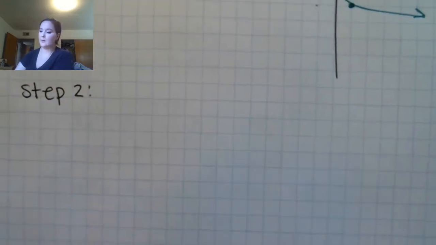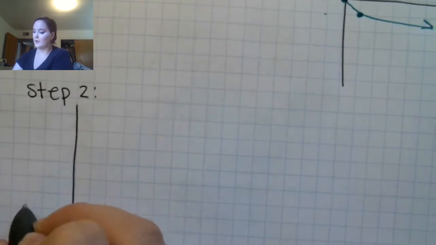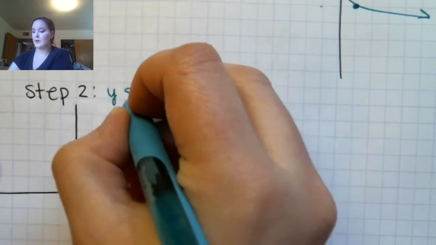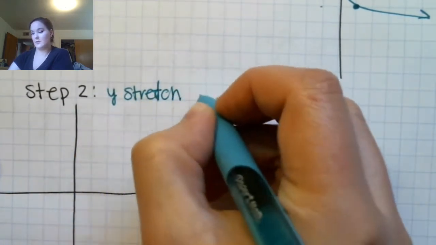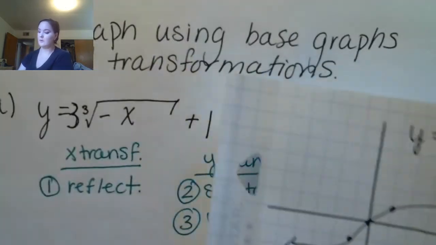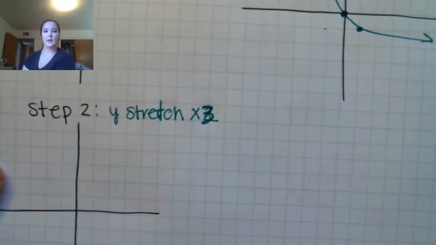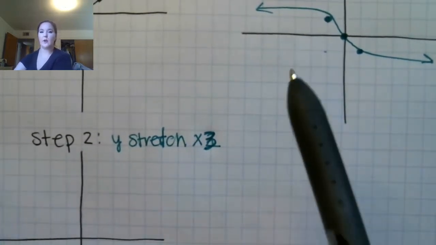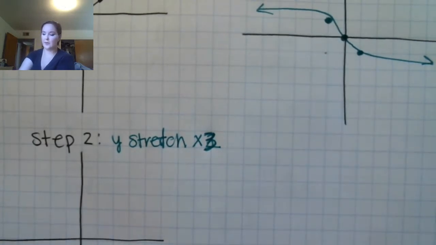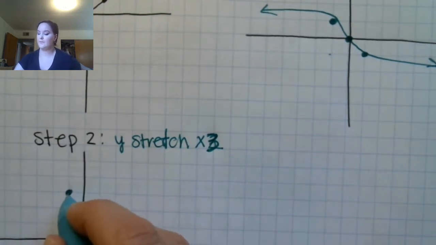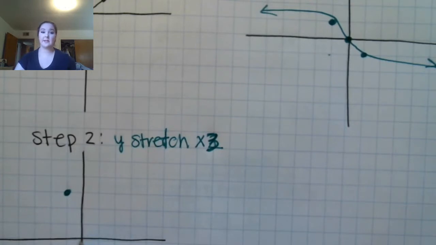Let's do our second transformation, which we said was going to be stretching the y coordinates. So we're going to have y stretch times 3. We're going to take all of our y coordinates and multiply them by 3. At this point here, my x coordinate is going to stay the same, and my y coordinate is going to multiply by 3. So 1 times 3 is 3. 1, 2, 3. Here my x coordinate is going to stay the same